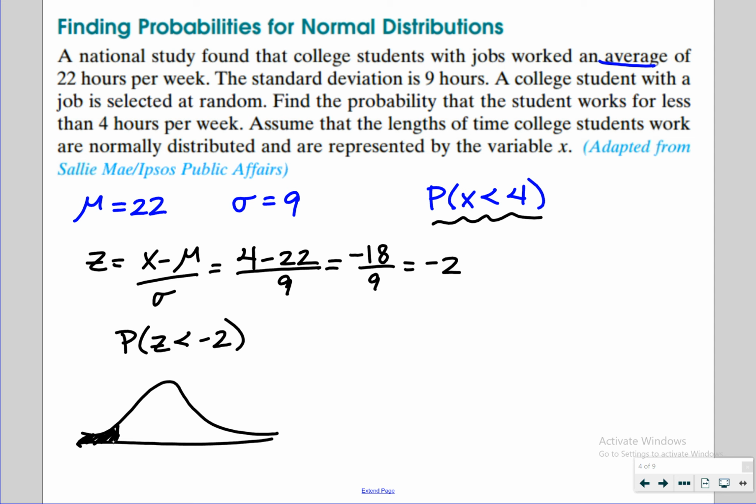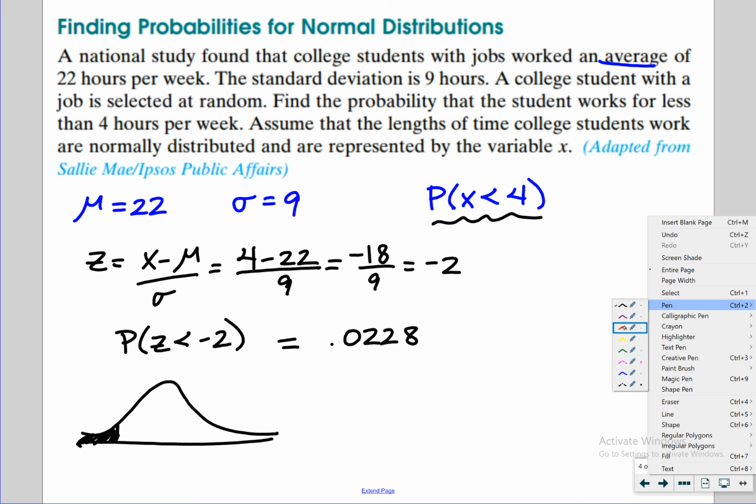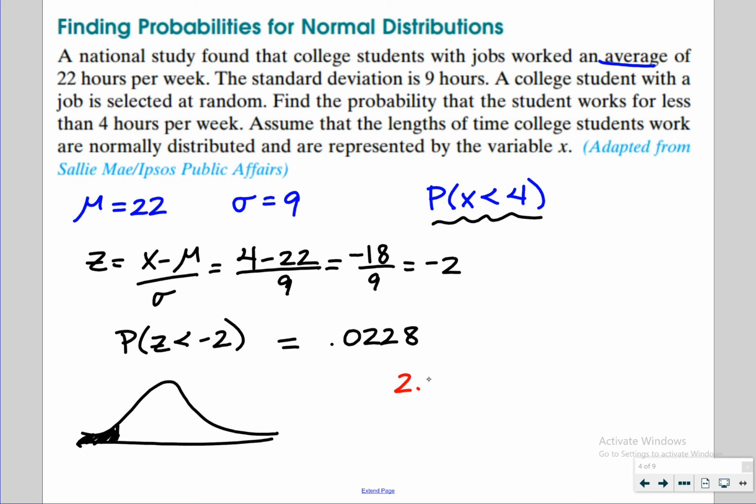Negative 2.00 is 0.0228. And then find the probability. You can leave it like that, or you can leave it as a percent. It's telling us there's about a 2.28% chance that a student selected at random will work less than 4 hours